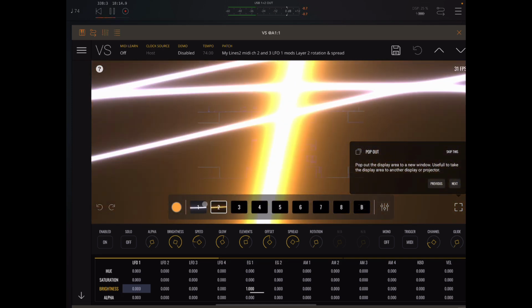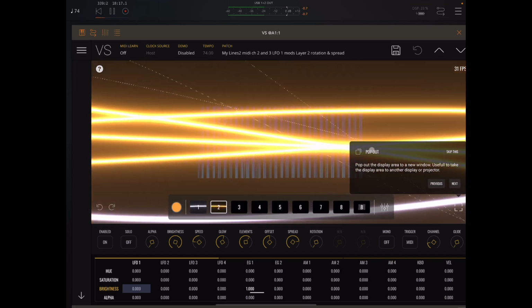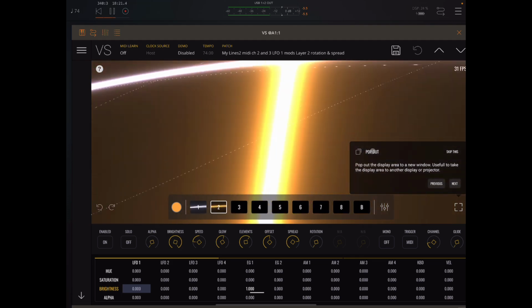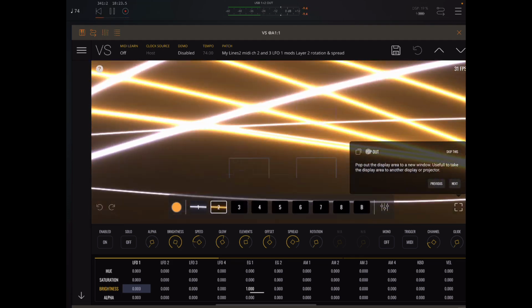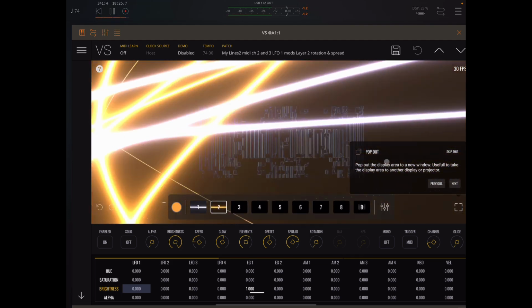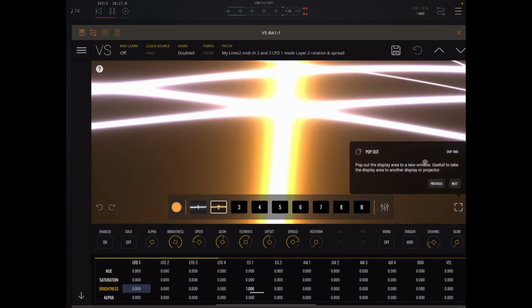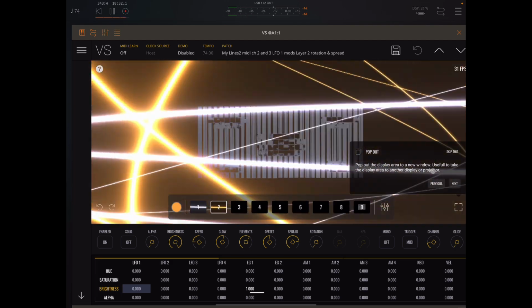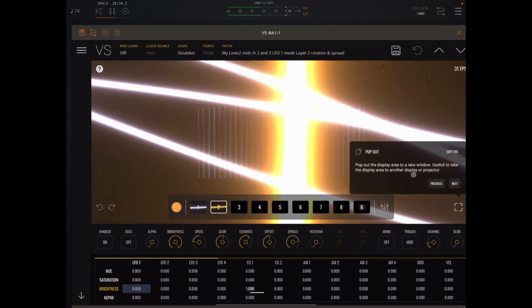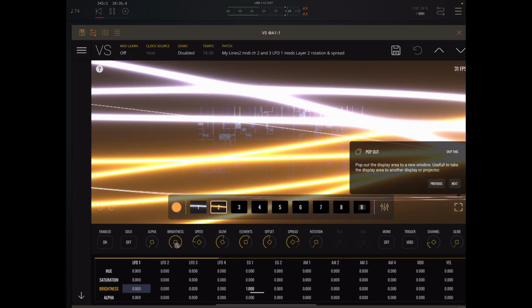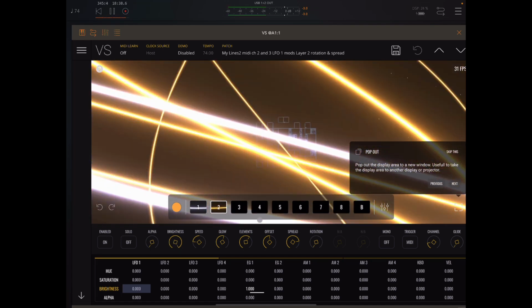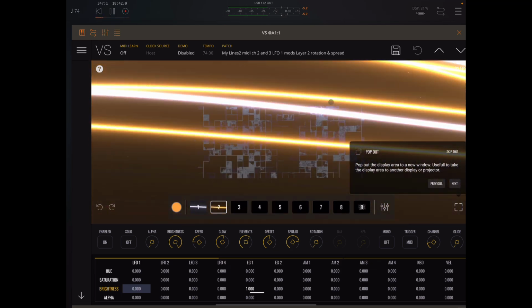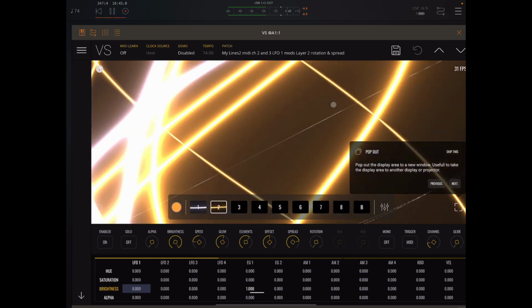I want to mention that this is one of the differences between the iOS version and the desktop version. So currently the desktop version has this thing called pop out. Pop out the display area to a new window, useful to take the display area to another display or projector. This would mean that, for example, you could use it for live VJing. You could control and modify things in this, but you could project just the rendering to another screen, another device,